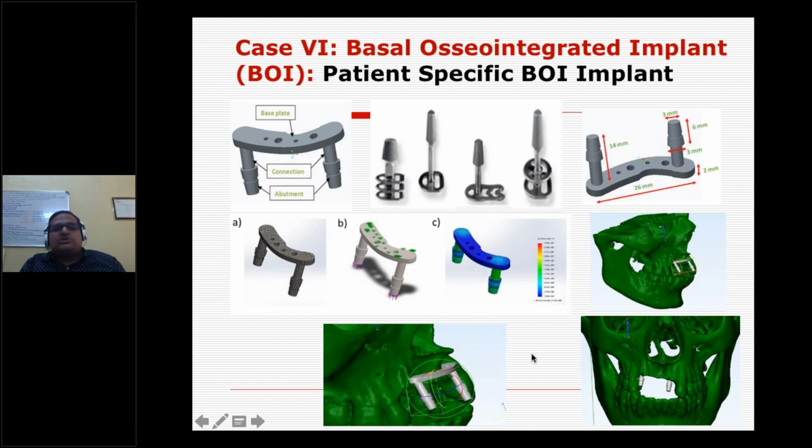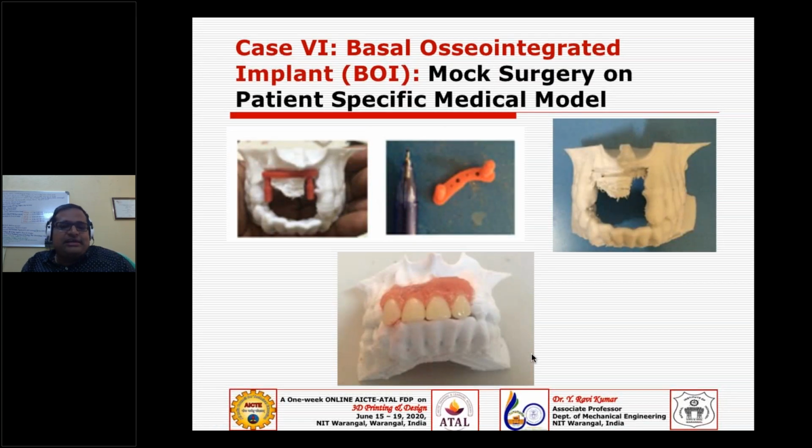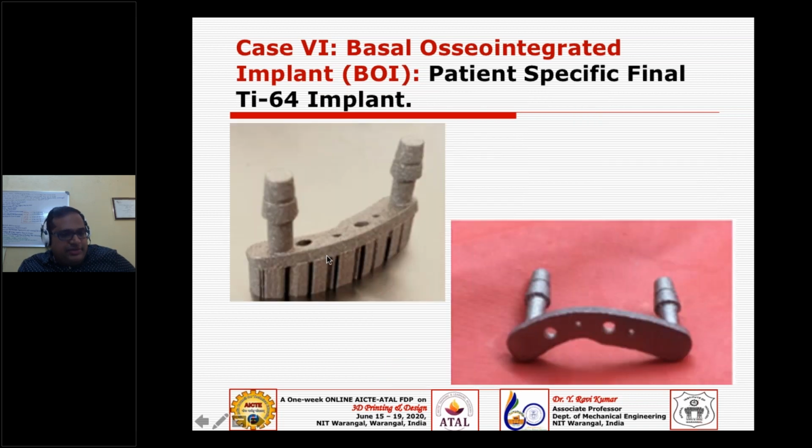That was also checked, and then we initially made polymer biomodels, and we could not accommodate 5 teeth, at least we were able to accommodate 4 teeth instead of 5. Then this is the metal implant which is going to be fitted. It is printed from metal powder bed system, and these are the supports, and after removing the supports, this is the implant.